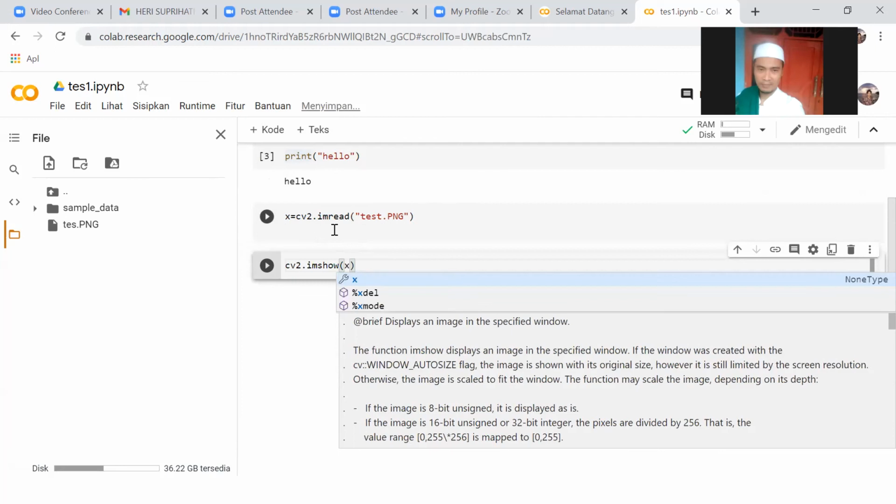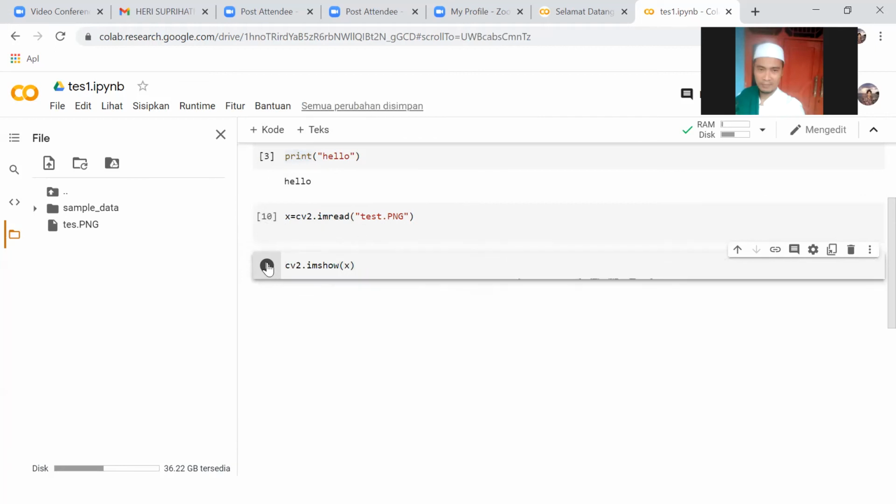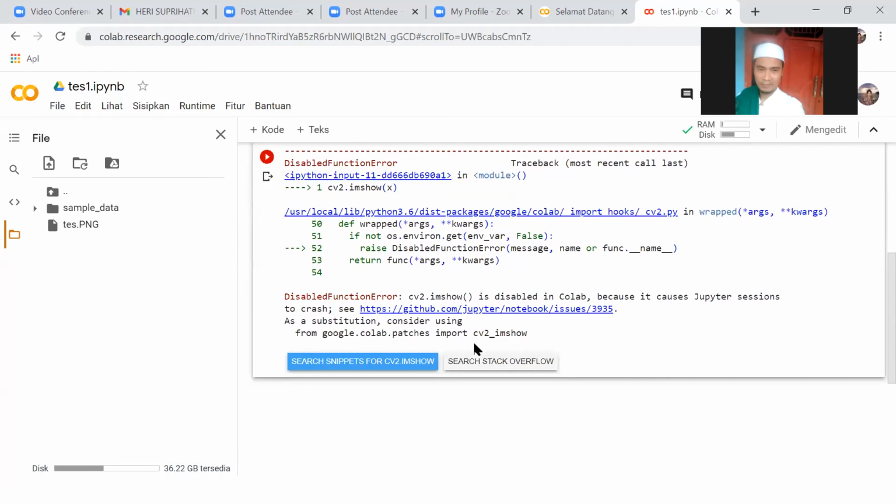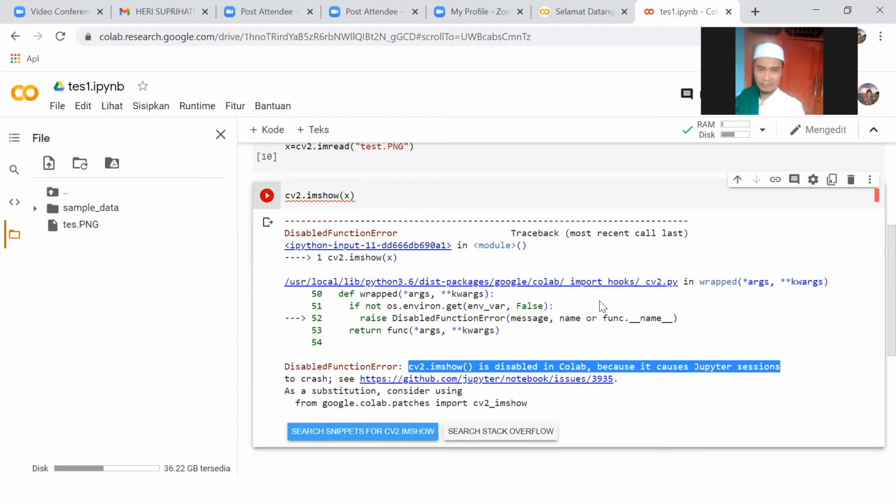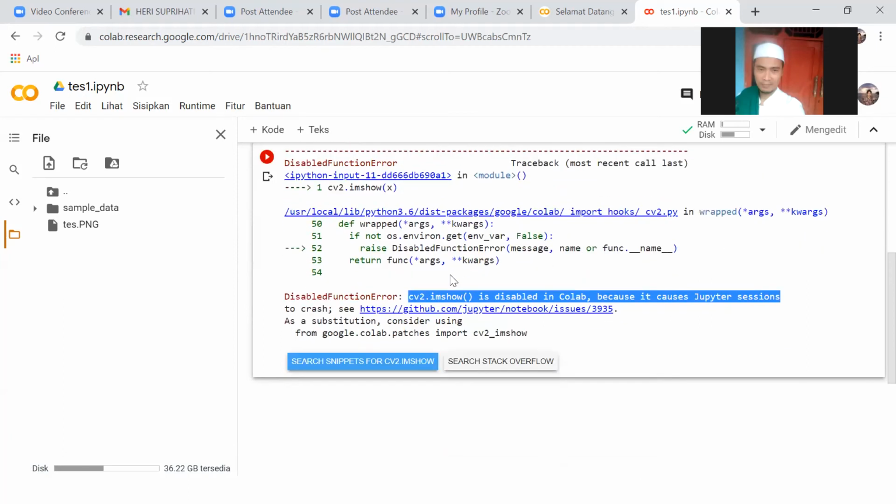So this is available in cv2, but if we run this, there is a warning that cv2.imshow is disabled in Colab. There are many kinds of warnings in Google Colab, but we can use the information from it, or we can directly search, for example, Stack Overflow. There is another user that gives a suggestion to fix the problem.